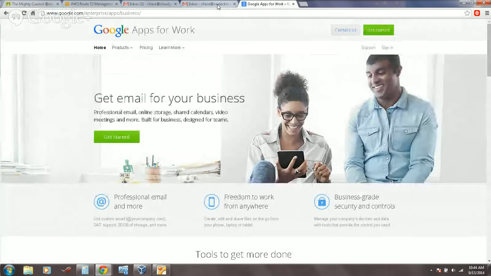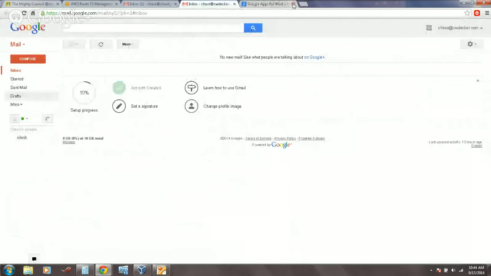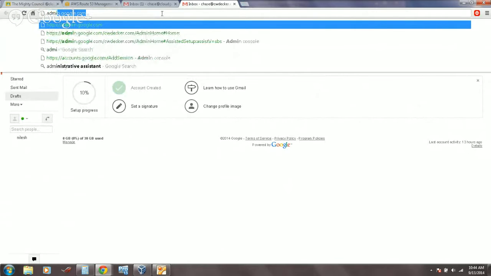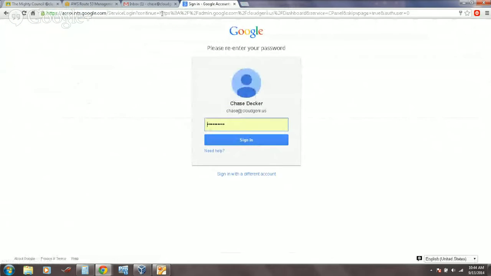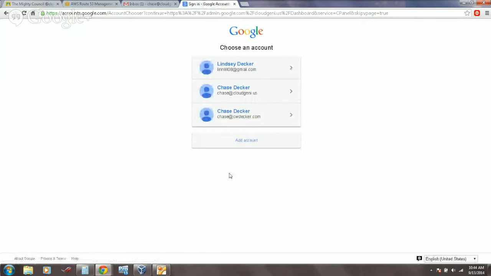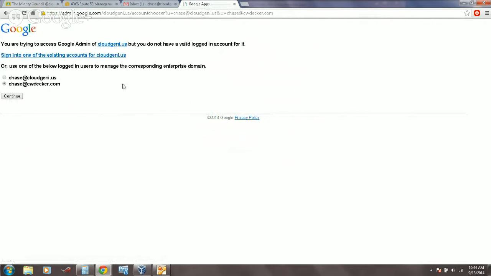You go to tab number 4 from the top, and here you type in admin.google.com, and that will show you straight what you need. And in here you type in not Cloud Genius but the other account, the new account you have created. Sign in with a different account, the third one, and say continue.